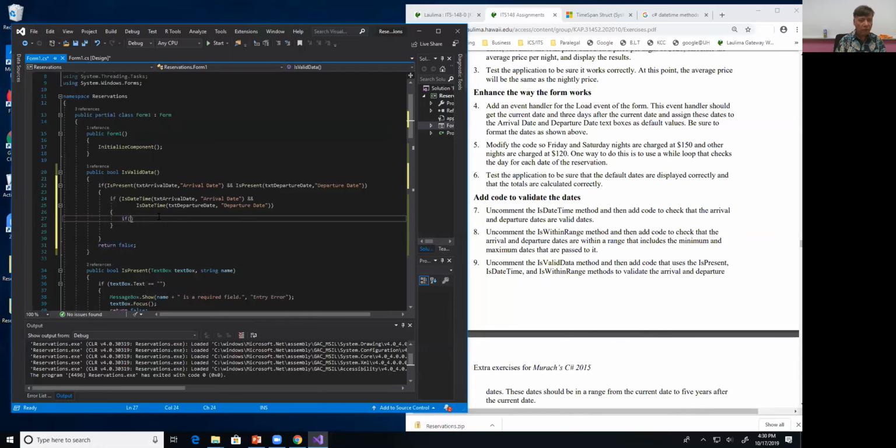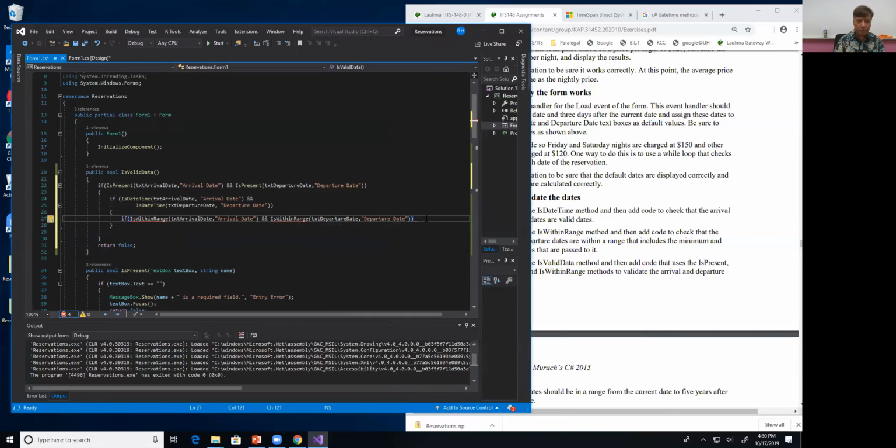If is within range, txt arrival date, comma arrival date, in range, and is within range, parentheses, txt departure date, comma departure date, then return true. Else